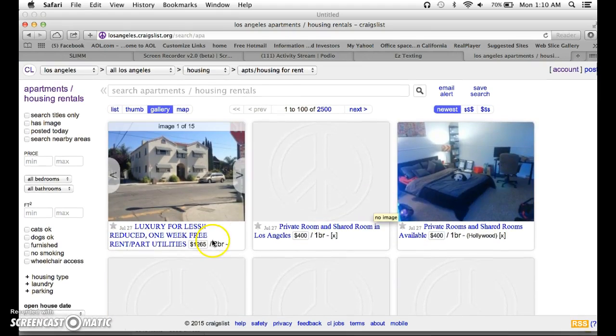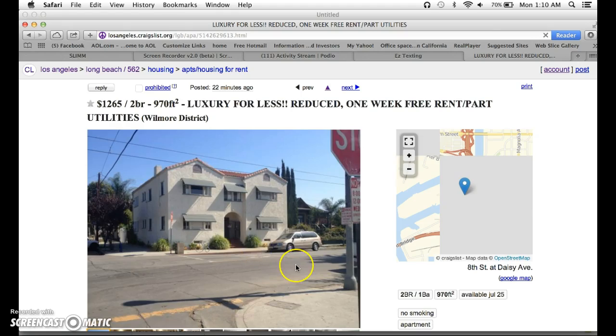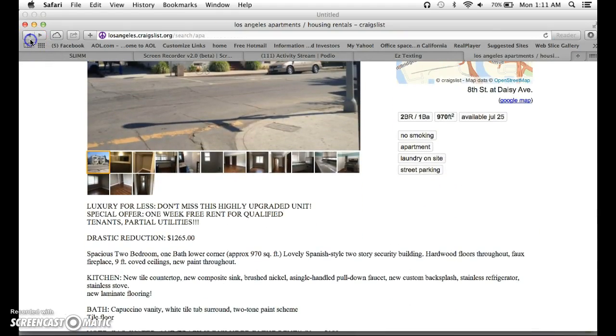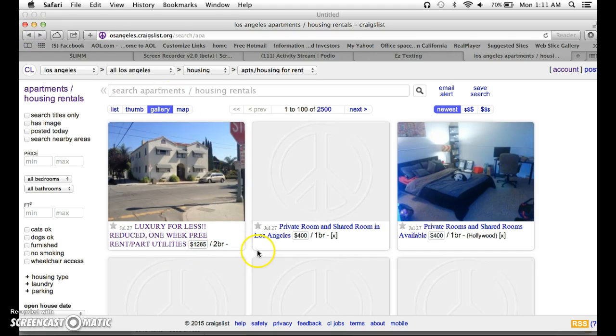For example, if we clicked on this listing, took a look at it, saw whatever we needed to see, when we go back, it's now in purple. So that's one way we'd know, but a lot of times there's duplicates, and if we saw another picture that looked just like this, we know very quickly that we don't need to waste our time trying to figure out information about this. However, in order to save a search, you simply first denote the searching criteria